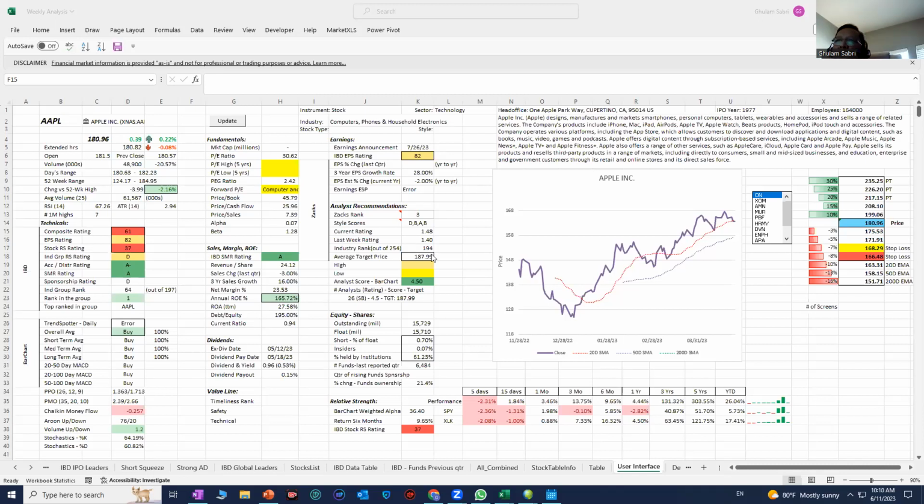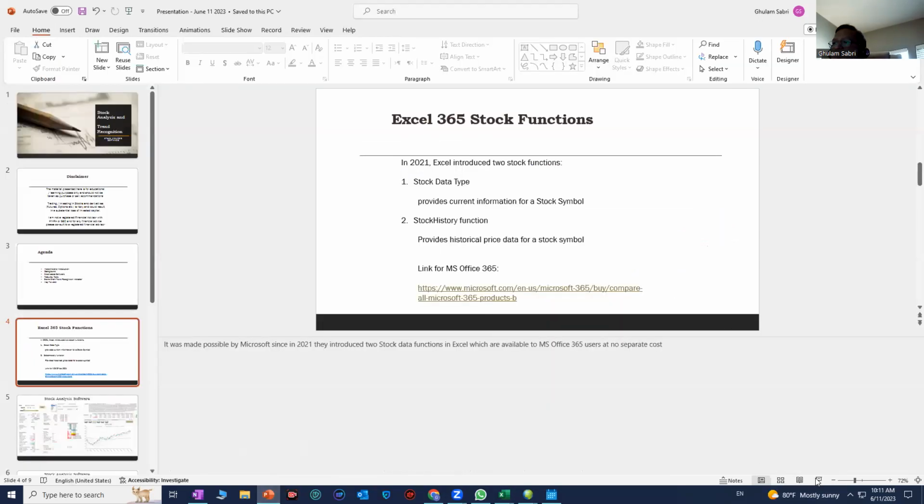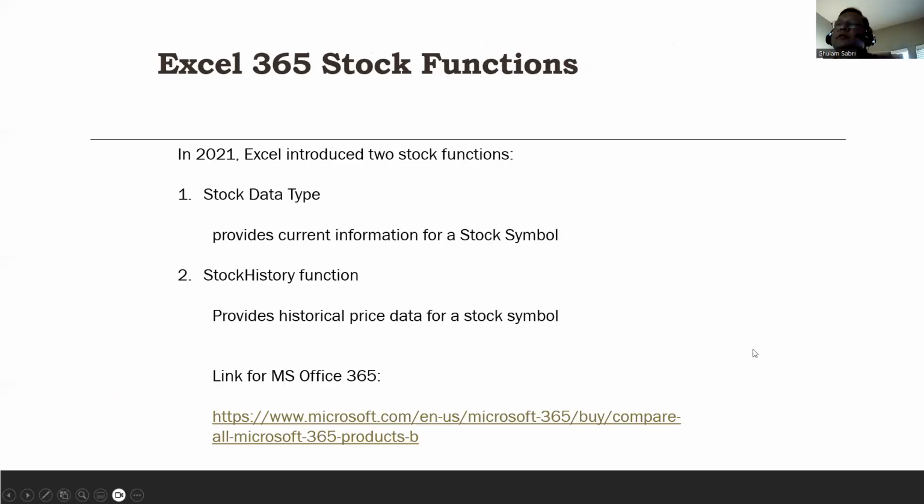So I slowly and gradually did away with this, and I developed an Excel-based software for my own use, without going through all these websites. And what happened in the meantime, Excel introduced,